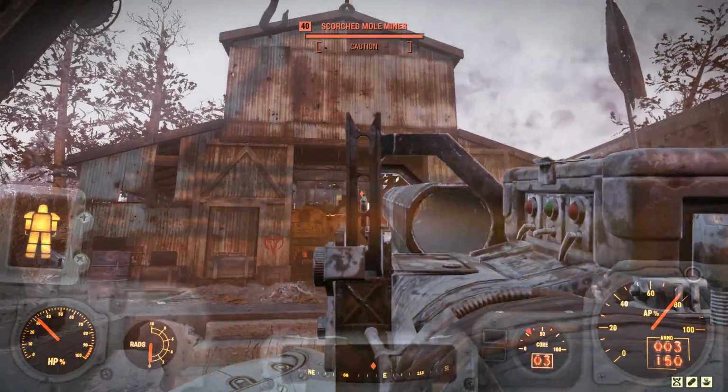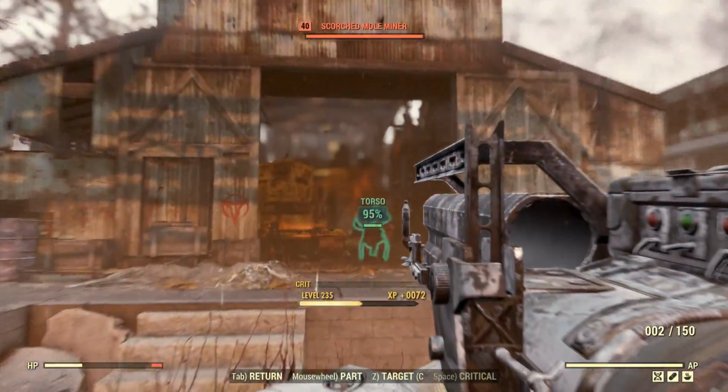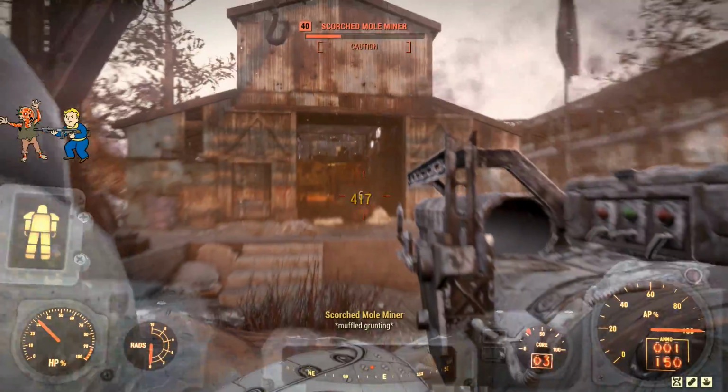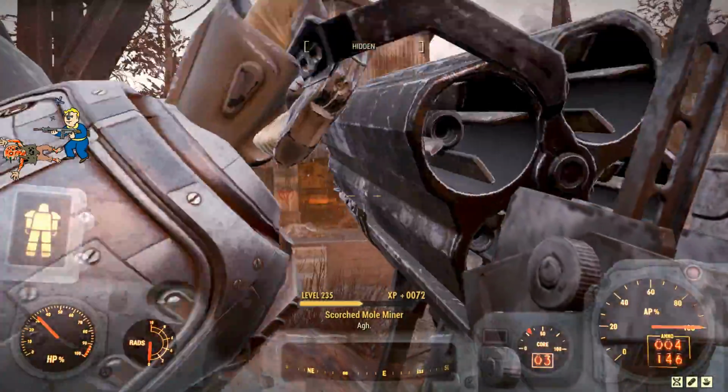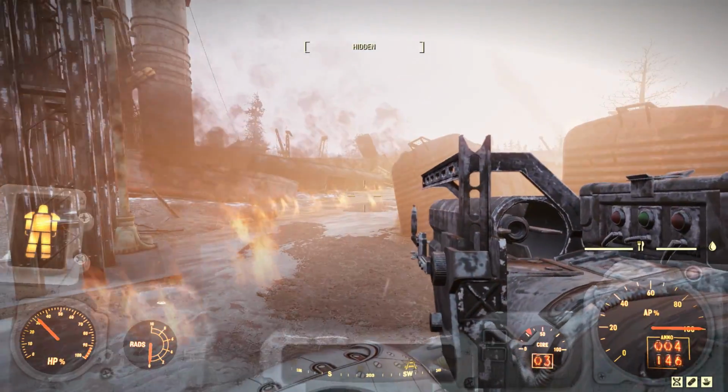Oh my god, is that Hans Mole Man? We can't even one-shot a Hans Mole Man. Speaking of missile launchers, you're getting shot in the face. Alright, what's our thing looking like now? Actually, we're kind of already...